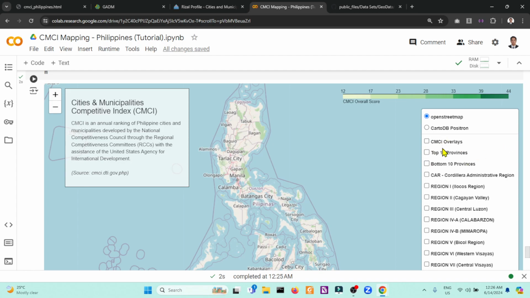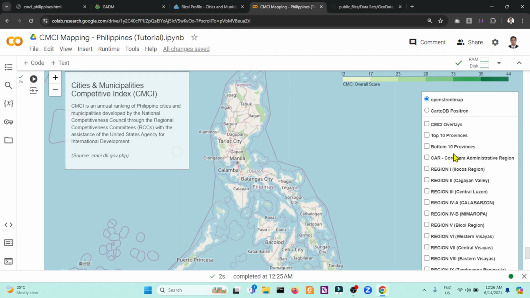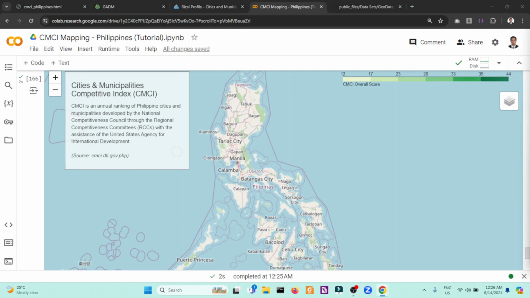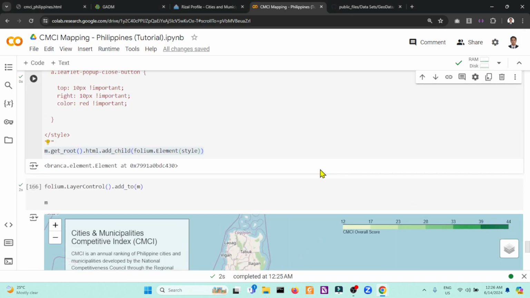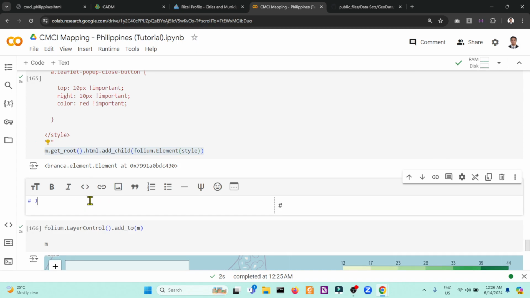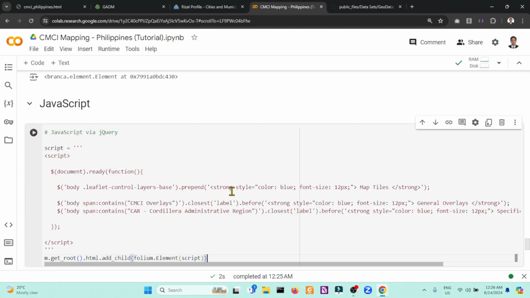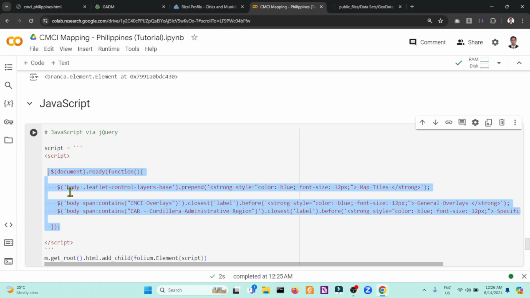Then lastly, if you want to provide some labels here, I recommend you learn JavaScript. In this case, I use jQuery. I think this part is the JavaScript part with the specific code. If you're familiar with jQuery, you will have no problem doing this one.